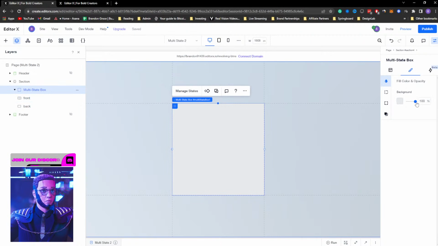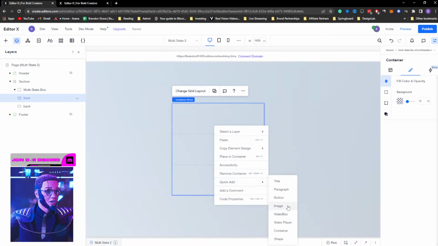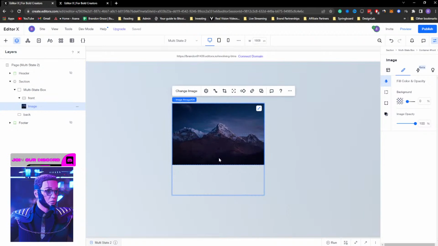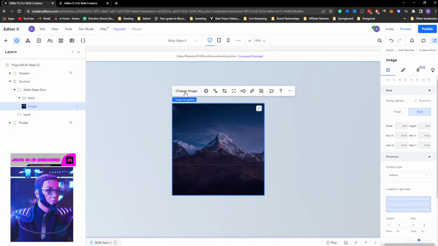And also turn off the background for our multi-state container. All right, sticking with front, I'm gonna right click, quick add image. I'm gonna expand this. I'm gonna make sure that I expand it to all 3 containers. So from row 1 to row 3, I'm gonna change the